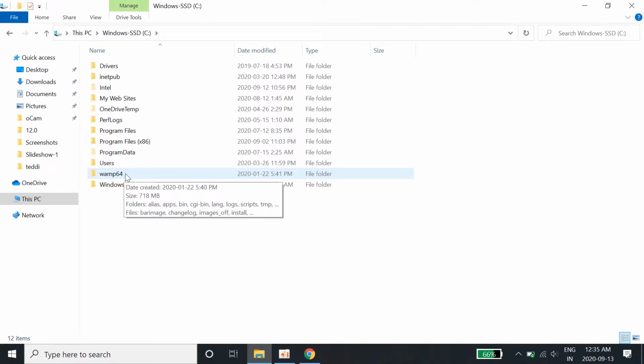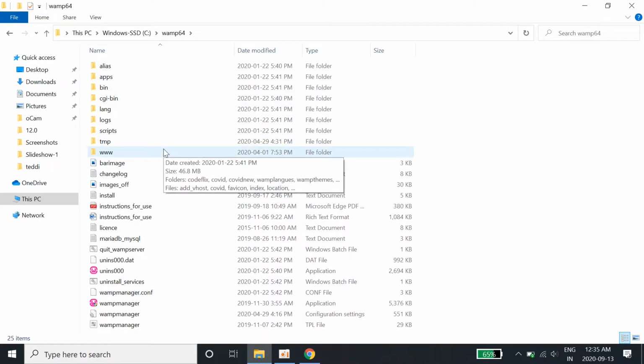If you have the 32-bit, it will show Wamp32, or just Wamp. If it shows a folder named Wamp, you should be fine. As you can see, the estimated size is 718 MB for me. The size which it showed was 500, but as I said, please keep more space because it will require more space. So we'll open that folder,